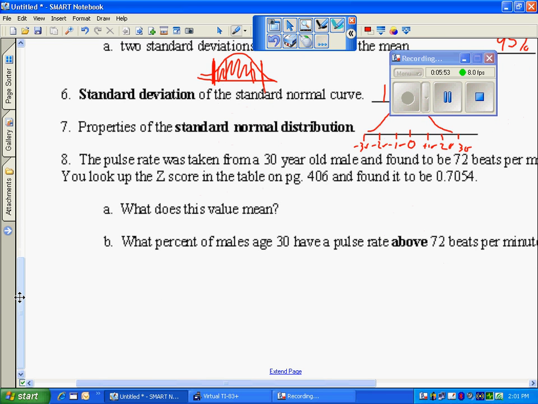If you look up a z-score on page 406 and you find that value, what does that value mean? Well, this is why I like to draw pictures. That value, 70.54, well, if this is center, we know 70% has got to be higher than 50. So we know this value means that approximately 70%, because I rounded that, 71-ish percent, of 30-year-olds, because that's what we're talking about here, 30-year-olds, what about them? Have a heartbeat